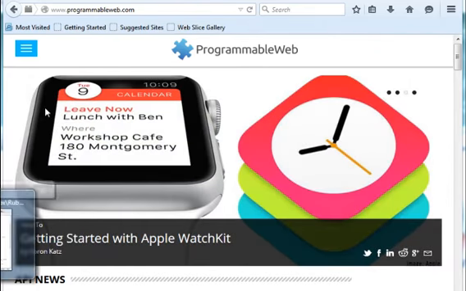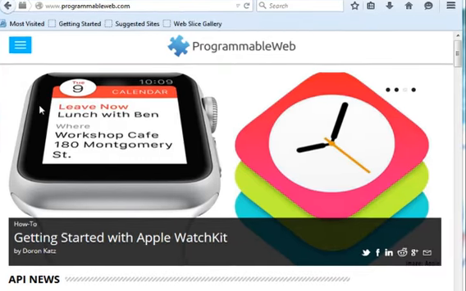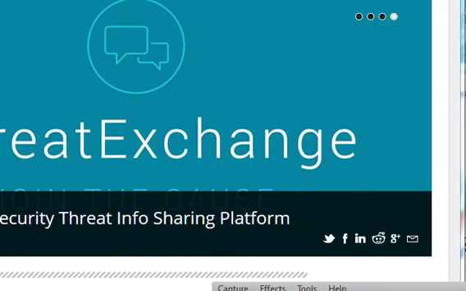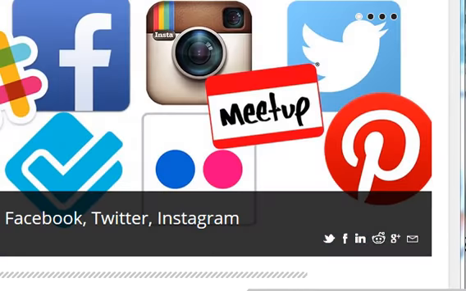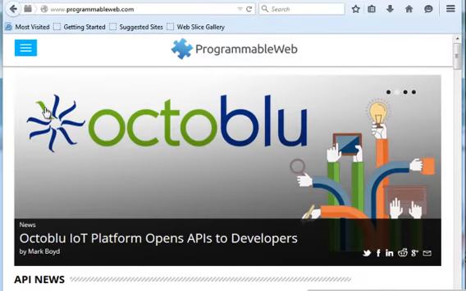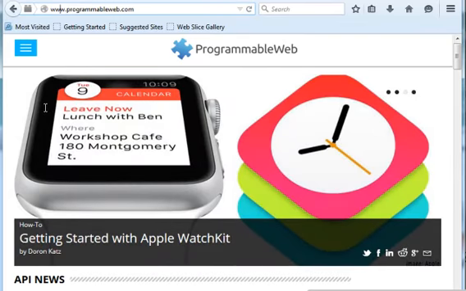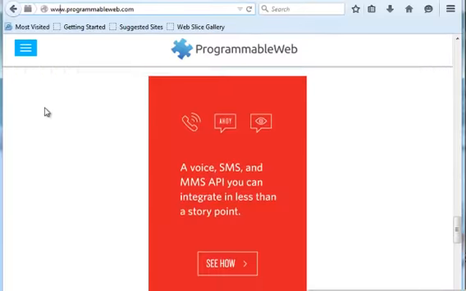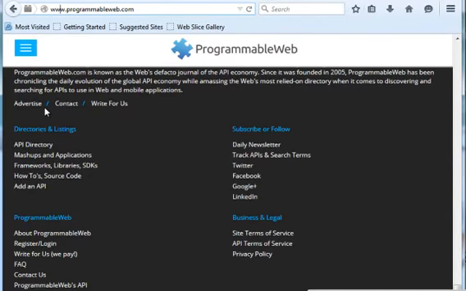Hello guys, I'm going to show you how to scrape data using the Nokogiri gem available in Ruby. I'm going to scrape the data from Programmable Web. This site's link is programmableweb.com. It has a big list of APIs